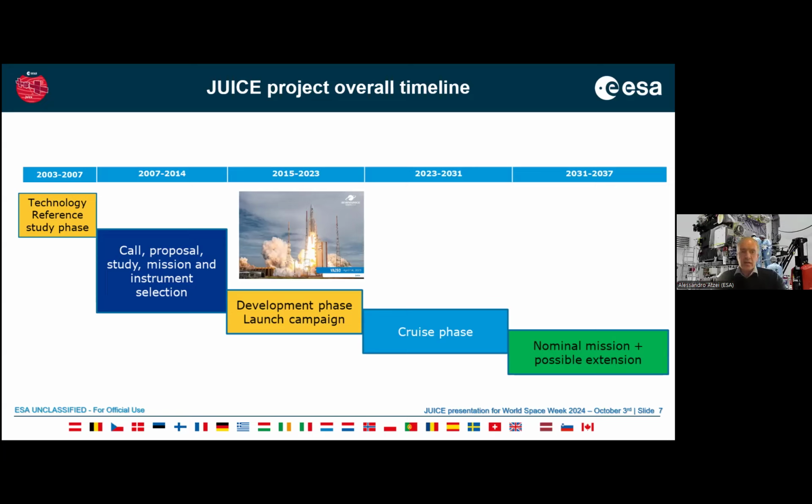It's not so much the study of the actual mission itself, but really identifying the technologies that you need, such as special solar cells that work very far away from the sun in very low temperatures with high radiation. But also you can imagine the models for the radiation environment that are needed to model the doses that the components will be encountering and will be used to dimension the design of the mission. And other things are the navigation cameras in order to be relatively independent, autonomous, because it's so far away that you cannot have real-time commanding of the spacecraft. So all these kind of technologies were identified to make sure they were available on time